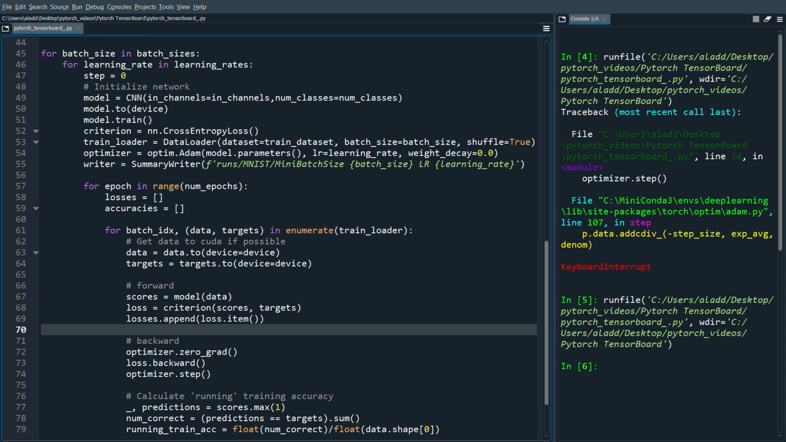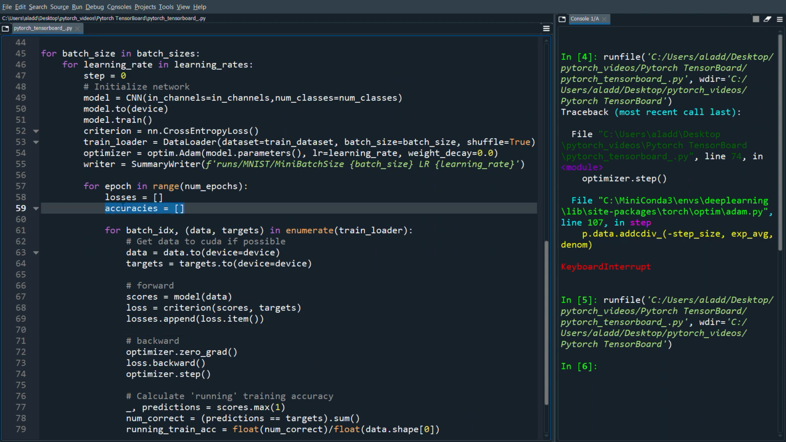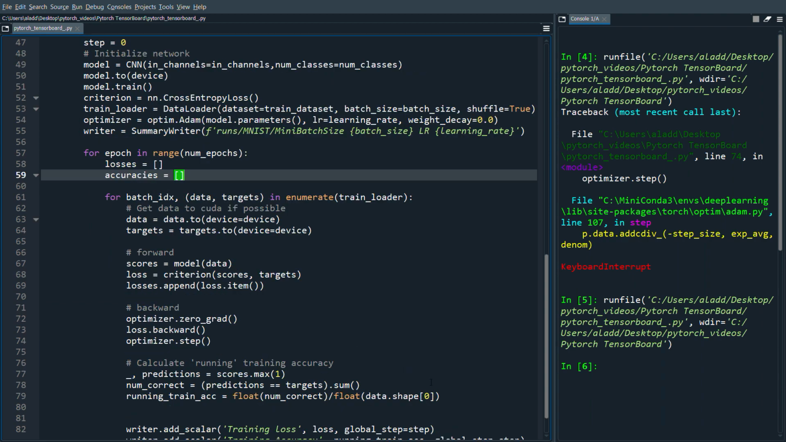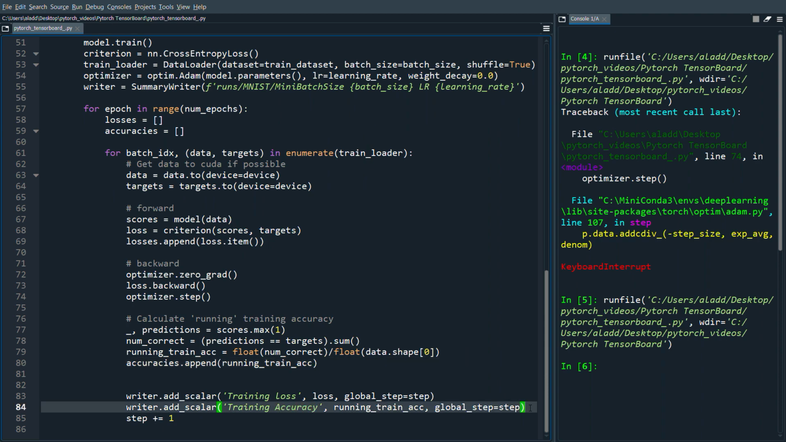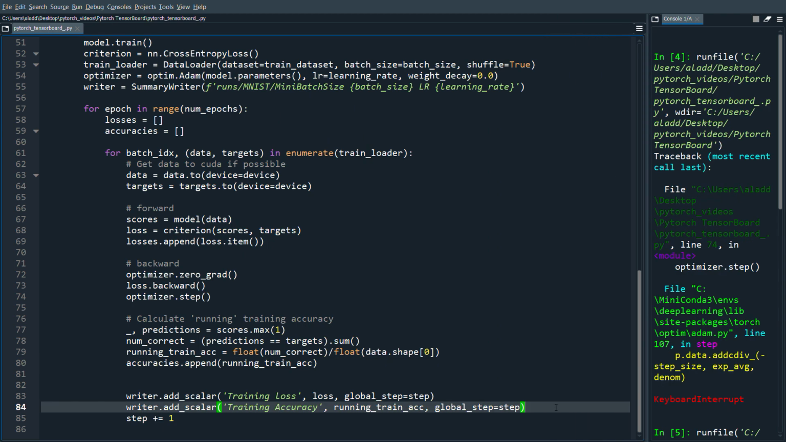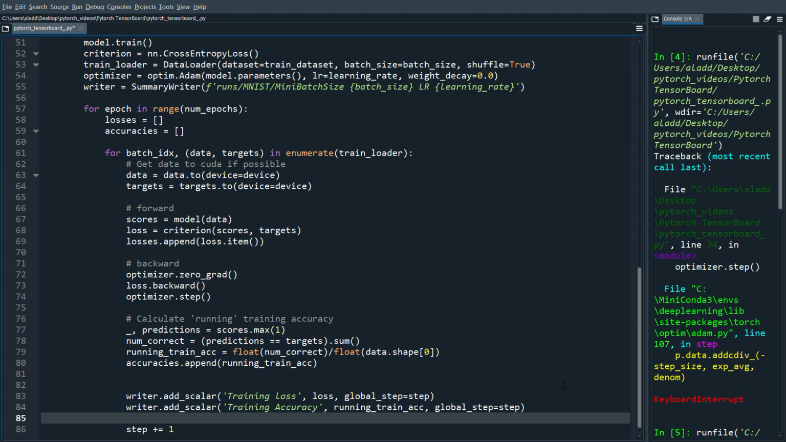We're going to first store the accuracies, which is just an empty array. We're actually going to add accuracies.append the run training accuracy. And then we're going to use something to visualize the hyperparameters in a perhaps better way. So we're going to do writer.add_hparams, and then in a dictionary, we're going to